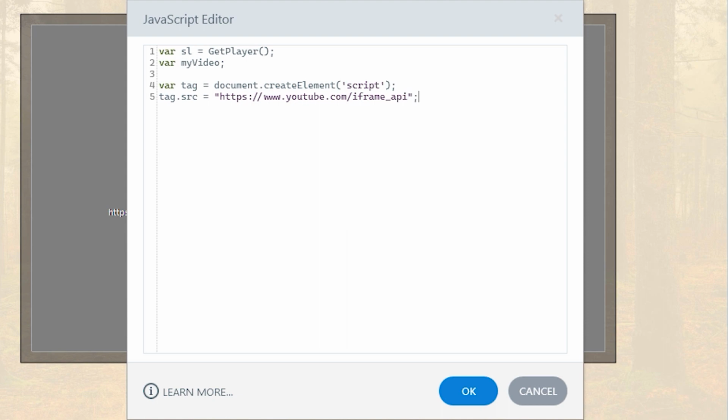Add another semicolon, and then on the next line, var firstScriptTag, remember to add a capital S and T, equals document.getElementsByTagName, and then 'script' in single quotes within parentheses, and then in square brackets add the number 0, and then close with a semicolon.